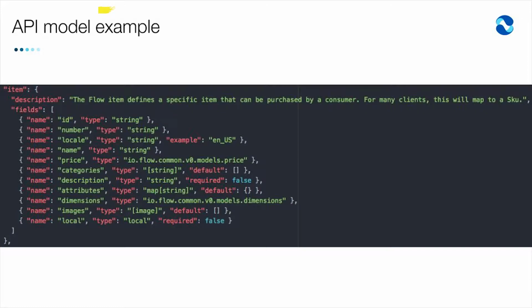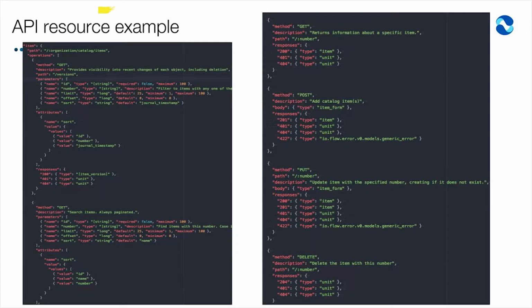Here's a definition of a catalog item. This is how we document the model. Here are all of the fields, the descriptions and types, and here are all of the resources or endpoints. I don't know if you can see this, but basically you can put an item, you can post an item, you can